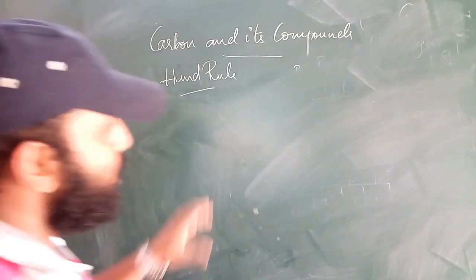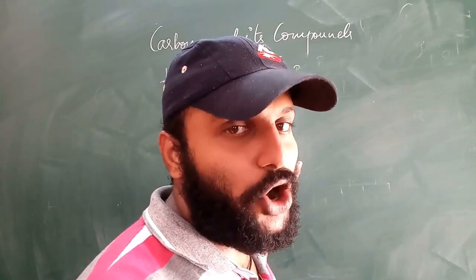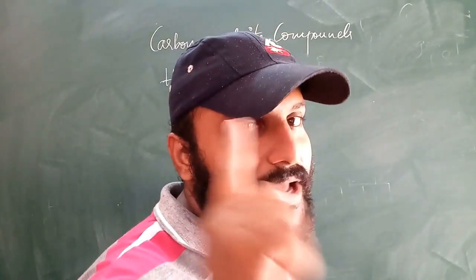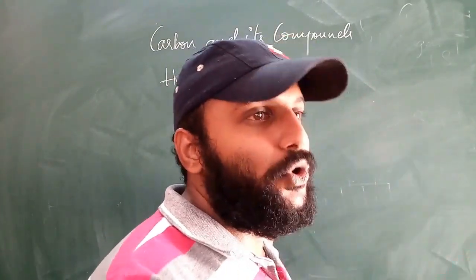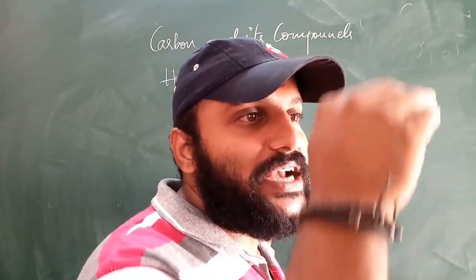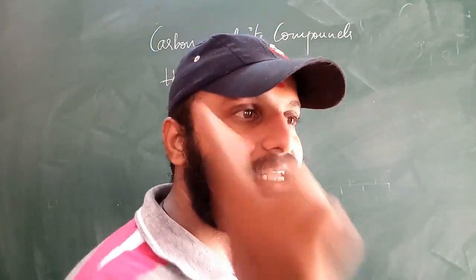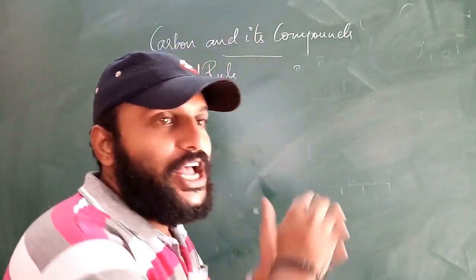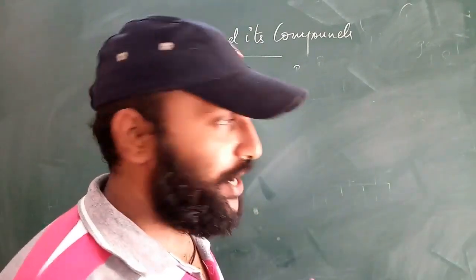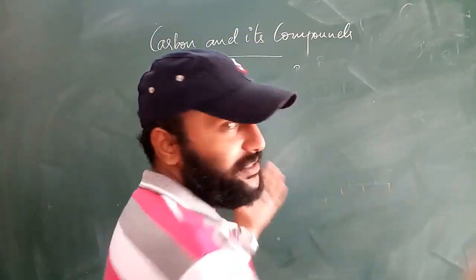Now as I said, here carbon contains how many hybridized orbitals? 4 hybridized orbitals. How many electrons are in it? 1 unpaired electron in each orbital. These 4 hybridized orbitals, which contain 1 unpaired electron, will share their electron with what? With 4 hydrogen atoms, which contain 1 unpaired electron. In that way, sharing of electrons takes place and it makes a bonding.